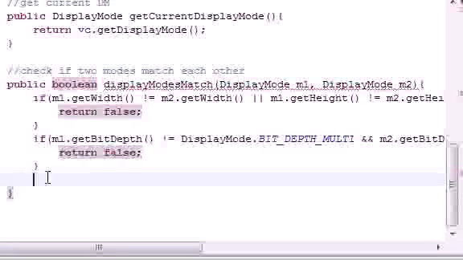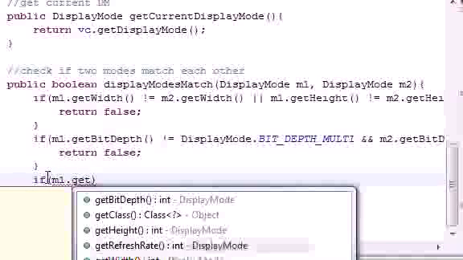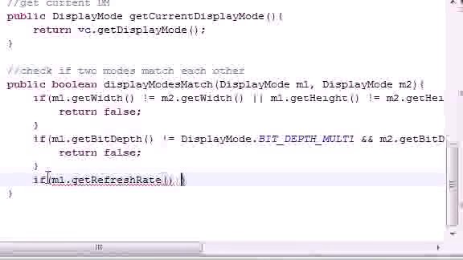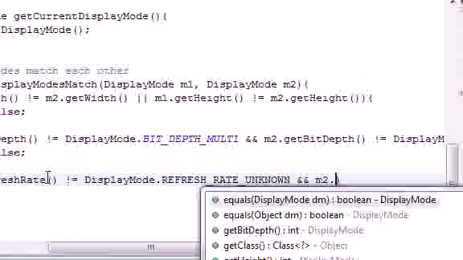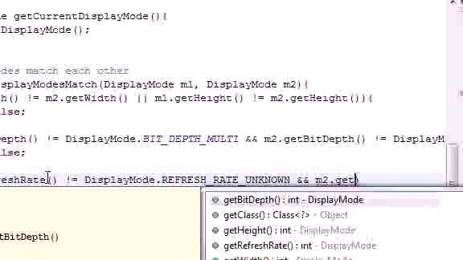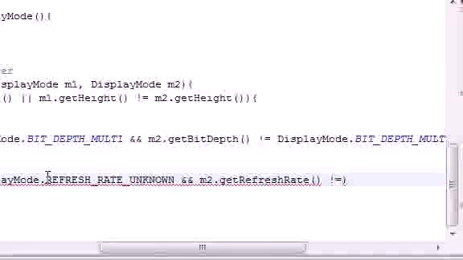And if the refresh rate, M1 dot get refresh rate is not equal to display mode dot refresh rate unknown, and M2 dot get refresh rate is not equal to,